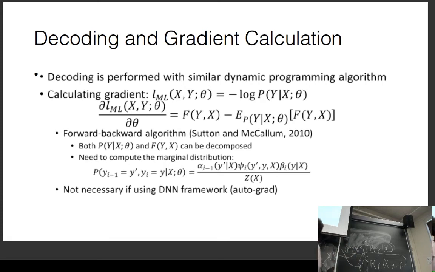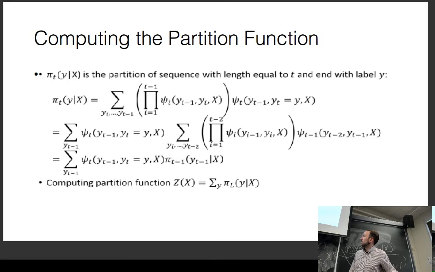But luckily now we have PyTorch, we have DyNet, we have TensorFlow or whatever. And basically all of these calculate gradients for us. That's what they do. So now all you have to do is calculate the partition function, calculate the score of the correct hypothesis, and then once you've done that, you just plug that in as your loss function. The log probability is your loss function into your neural network toolkit, and it will automatically do the backward pass for you. So yeah, that's about all.